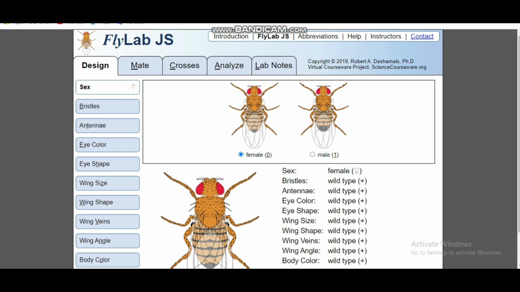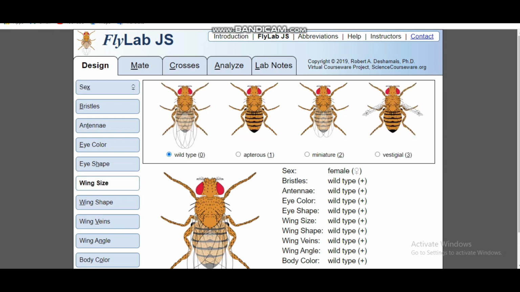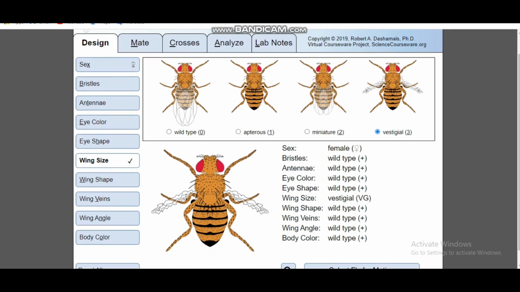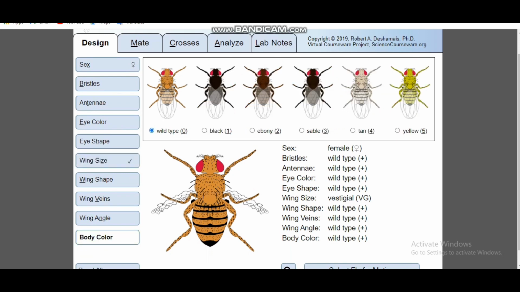So today I will do unit 2, which is dihybrid cross between a female fly with vestigial wings and black body color and mate with wild type male fly. So firstly we have to choose our wing size, which is vestigial, and our body color for the female. So the body color is black body color,